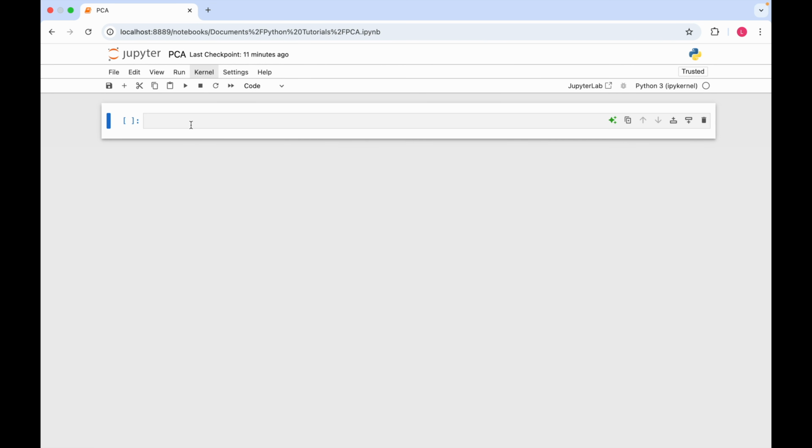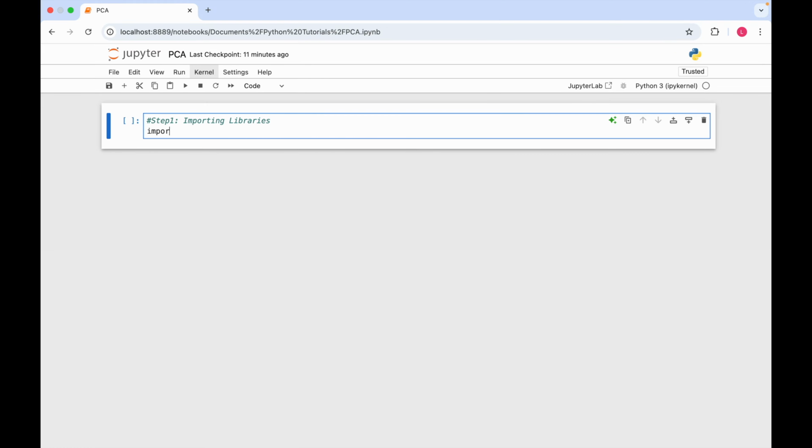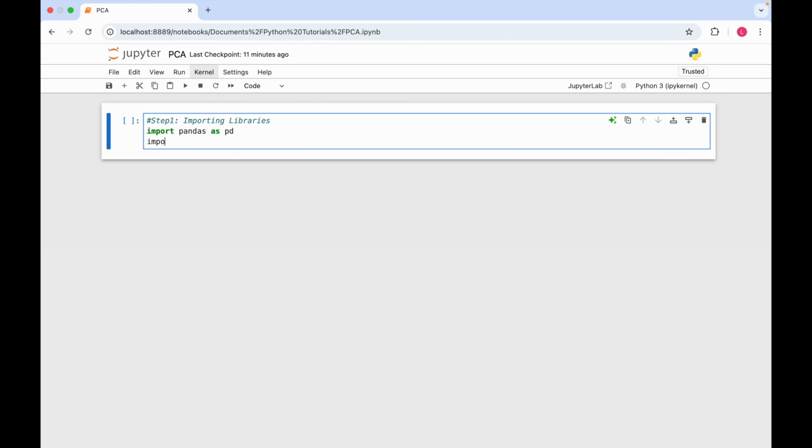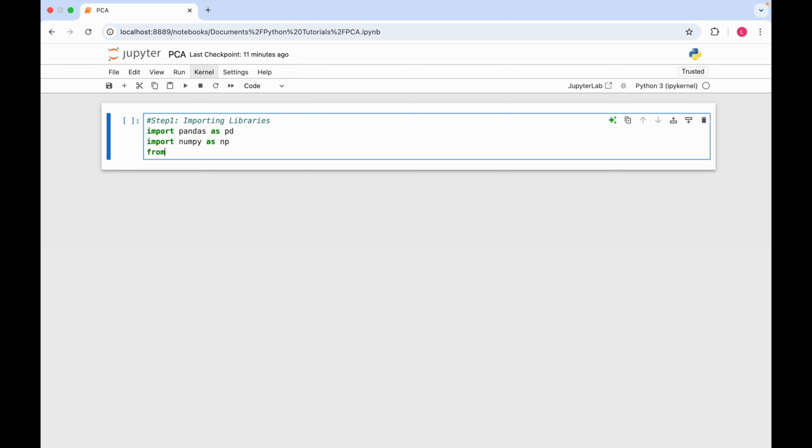Step 1 is importing libraries. Import pandas as pd. Another is import numpy as np. From sklearn.preprocessing import StandardScaler,